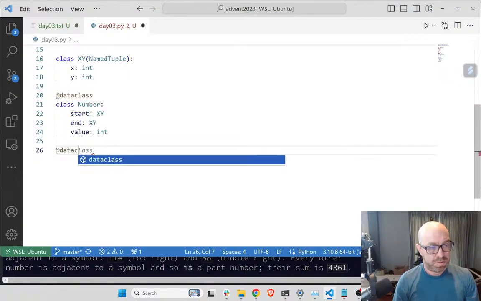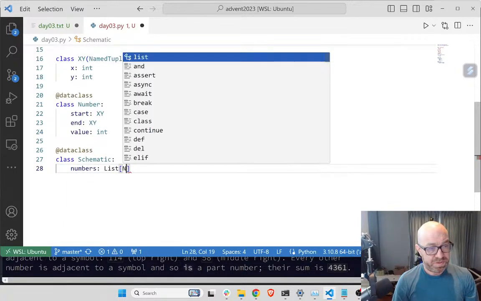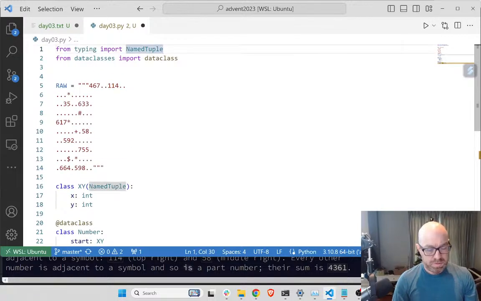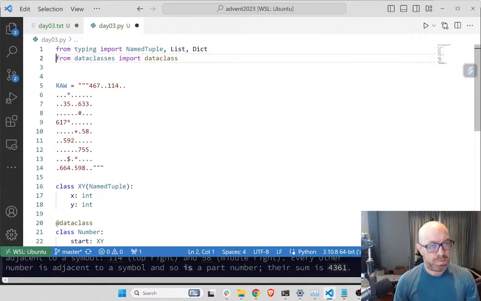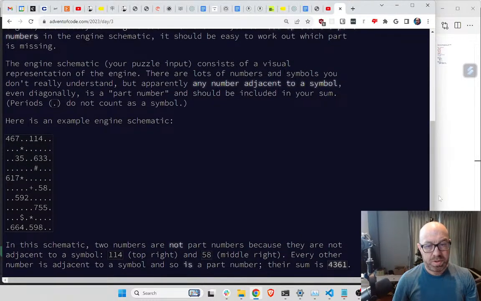The schematic has a bunch of numbers, which is a list of Number, and it has a bunch of symbols, which is, that's fine. And it has a part number,